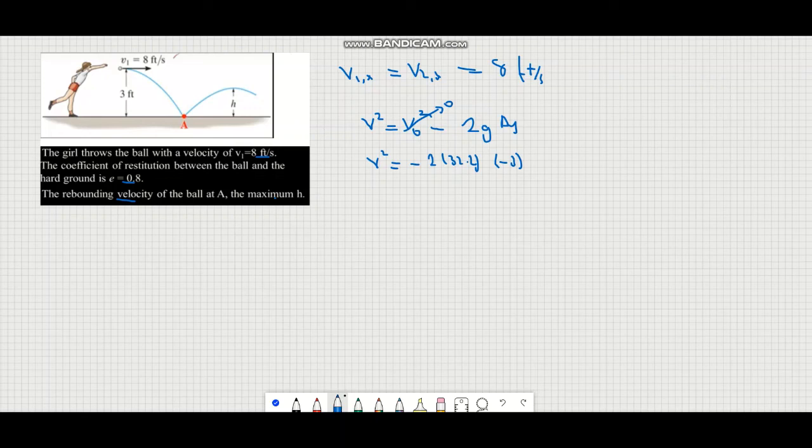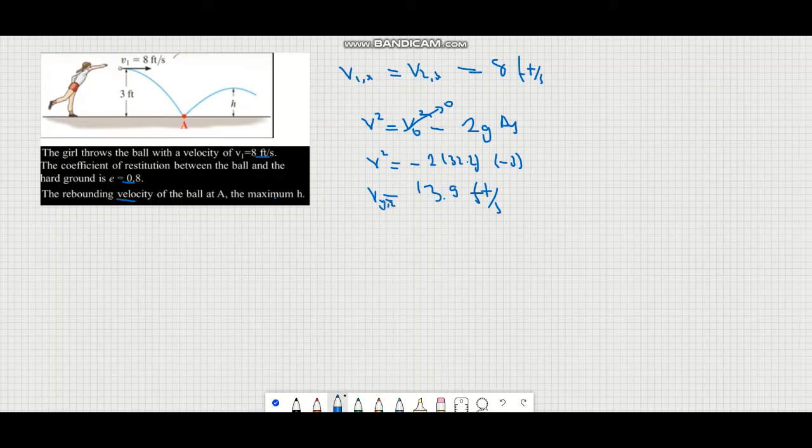Then we can find velocity is gonna be equal to square root of 6 multiplied by 32.2. When we make the calculation, we are gonna find 13.9 feet per second is gonna be our final velocity in y,